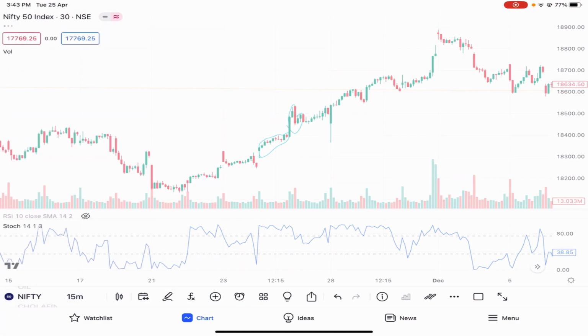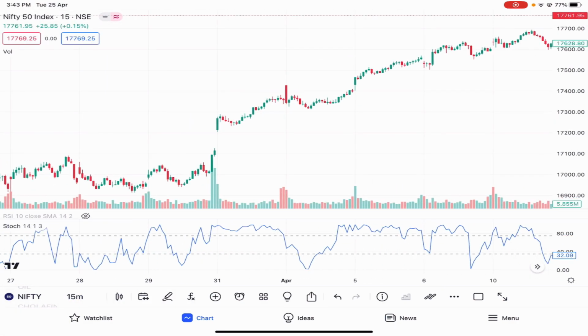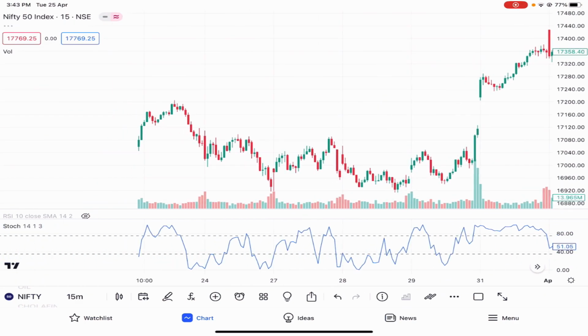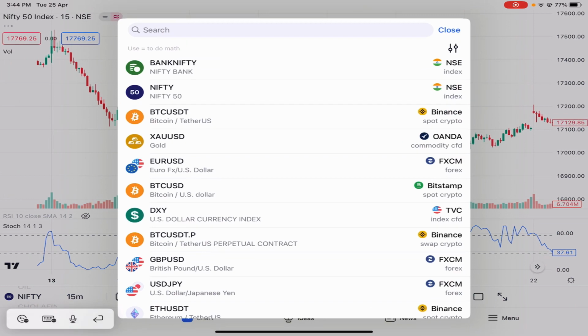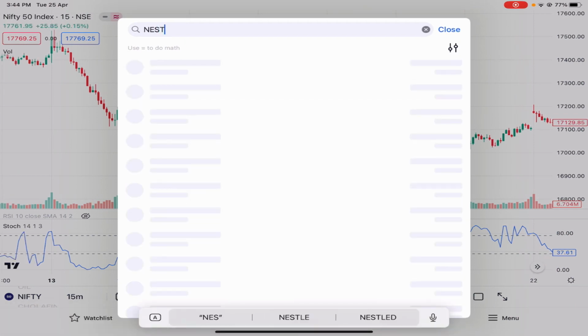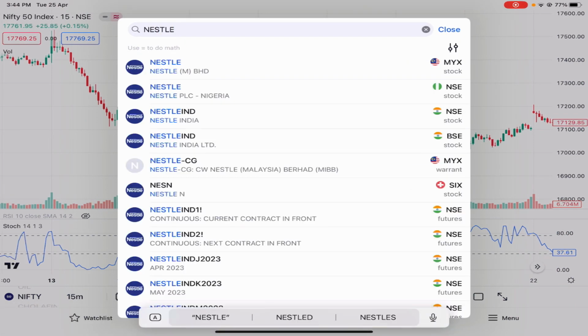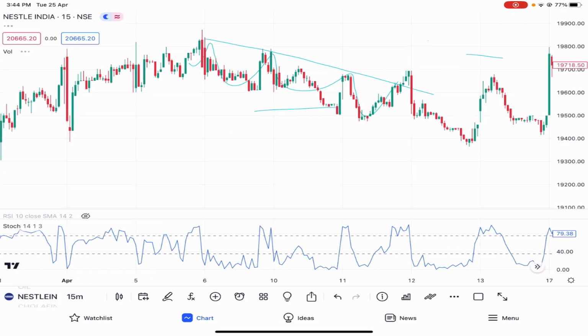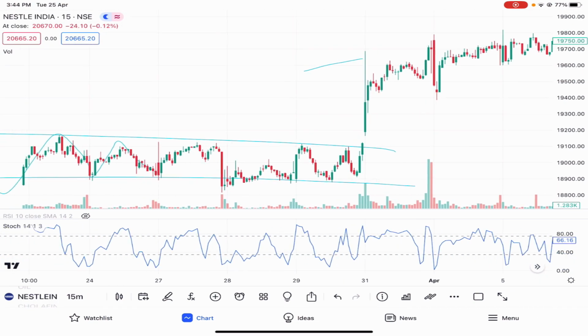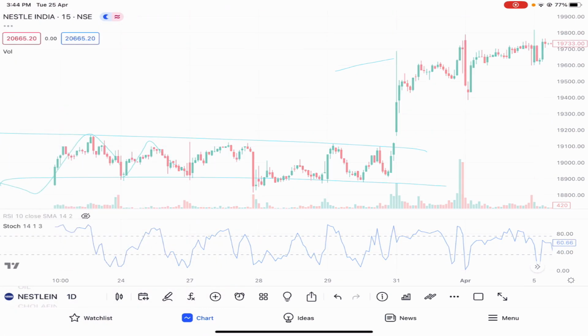Let me go on a shorter time frame. I'm just going to a stock so it is easy for us. So I'm opening the Nestle India stock. And if we look at the stock, if we go on the daily chart,